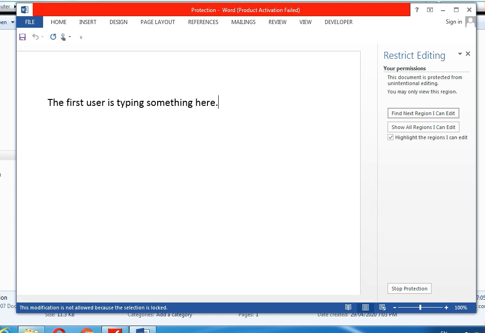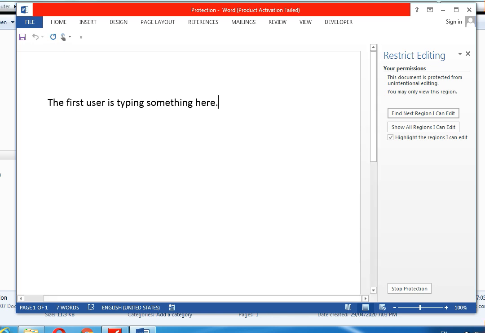Look on the status bar at the bottom. If we make changes to this document, or if we try to type, Word does not allow it because the selection is locked. In this way we can protect the document. This document does not allow us to type anything further.